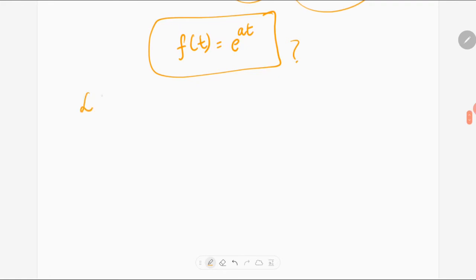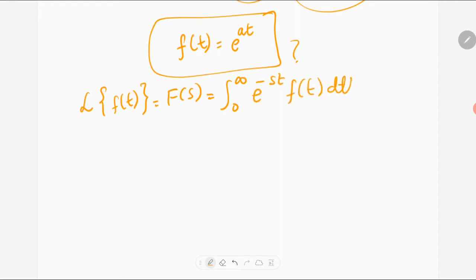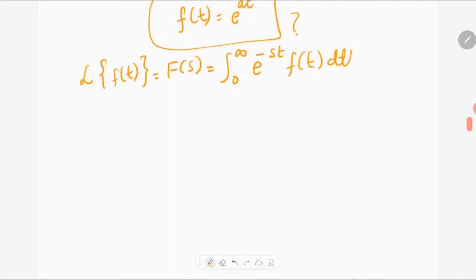The Laplace transform of f of t becomes F of s, which is the integral from 0 to infinity of e raised to power minus st, f of t, dt. So the Laplace transform of e at is equal to the integral from 0 to infinity of e power minus st and e power at dt,